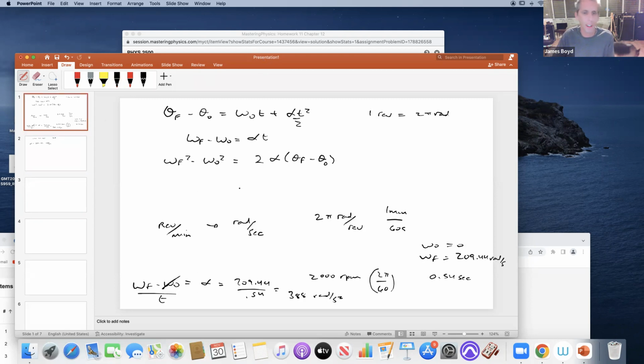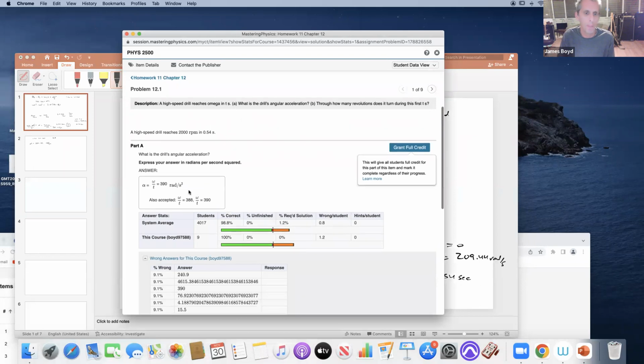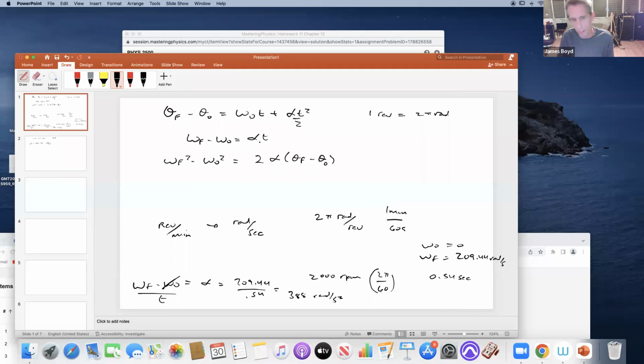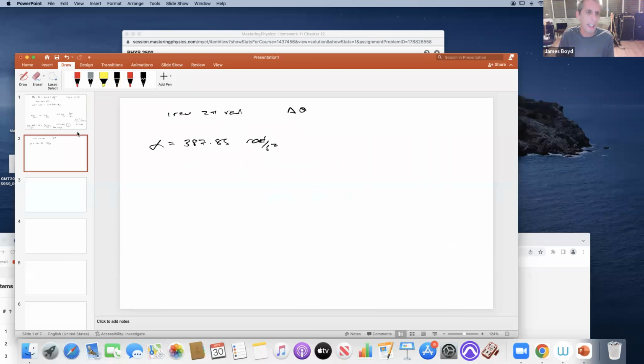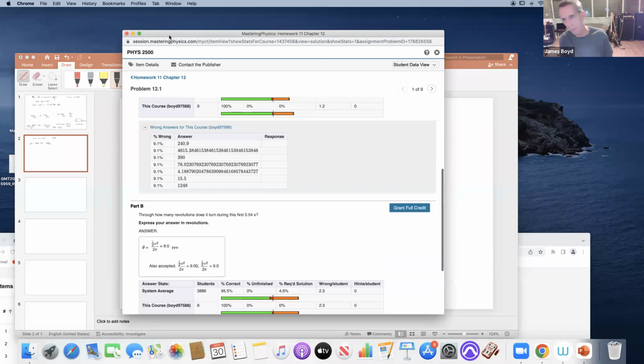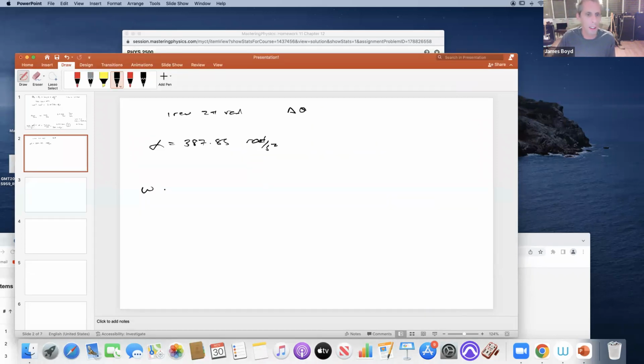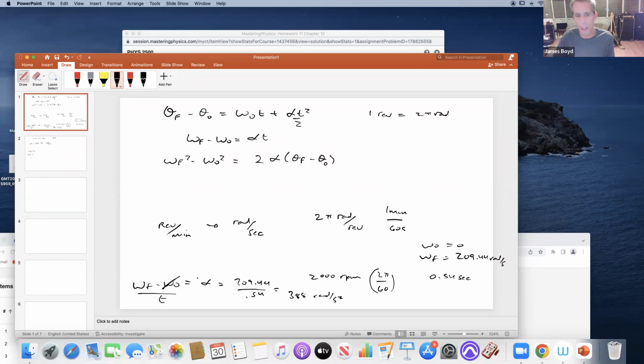The only thing I've done so far is in the first question, I had to use these. These are the constant angular acceleration equations. From those, I had to convert from RPMs to radians, and then I use this equation to find alpha. In this next one, they're asking us how many revolutions in that time. So we know from the first part that omega initial was 0, omega final was what we got in rads per second,